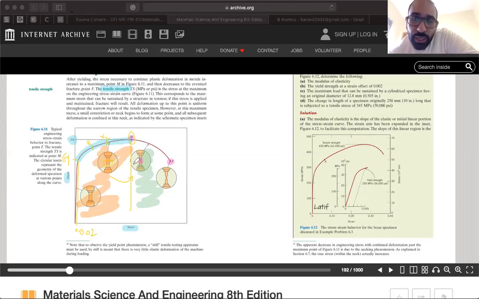During the elastic deformation, we are only stretching the bond. If you remember in the previous class when I asked you to correlate this with stretching the bond, some of you said we apply a load that is not enough to break the bonds between atoms. It will only stretch the bond. So this is why when you release the load, the material gets back to its original dimension. But once you pass this point, sigma y, the reason you have permanent deformation is that now you will start to,